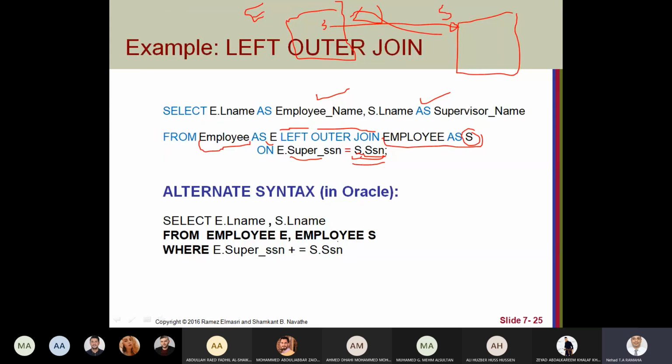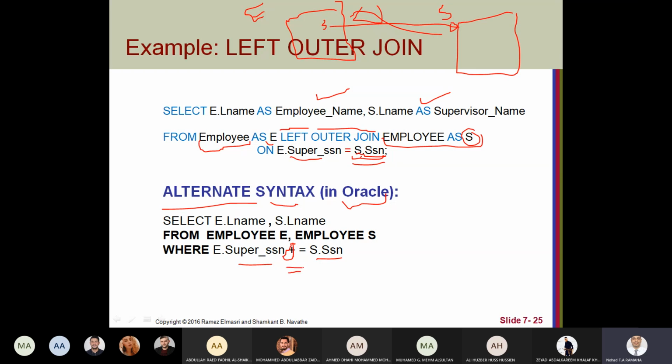One thing here, there is some alternative syntax for other DBMS. Like in Oracle, we can use left outer join, right outer join or full outer join directly inside the where using this plus. So this is the join condition. If we have the plus on the left, this means it's left outer join.